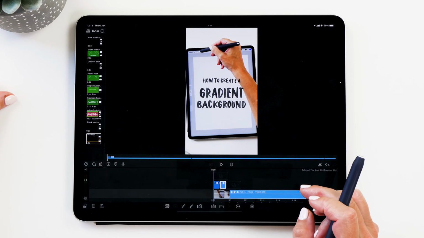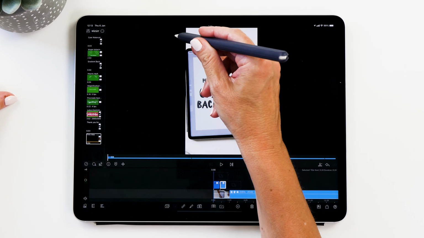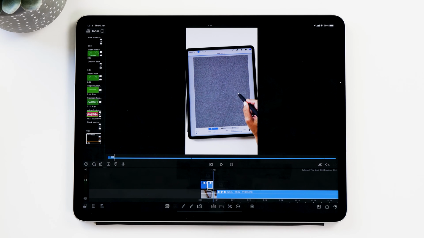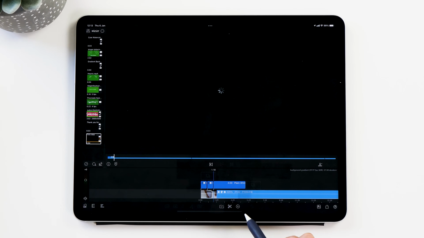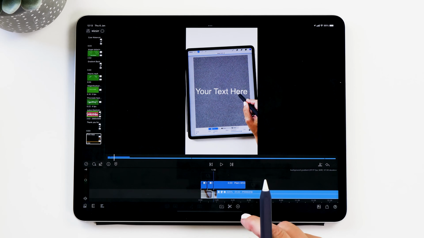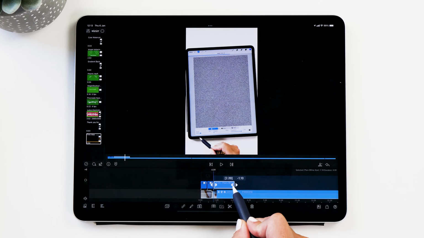All right, so now the next thing we want to do is add our captions here, and we want them to sort of come in and then go out again. And in order to do that, we need to create an overlay title. Tap on the plus icon here and then select overlay title. And you can see that we've got your text here. So we're going to edit this now. So we tap on the overlay title, and we don't want this to be 4 seconds. So I recommend that you change this first.